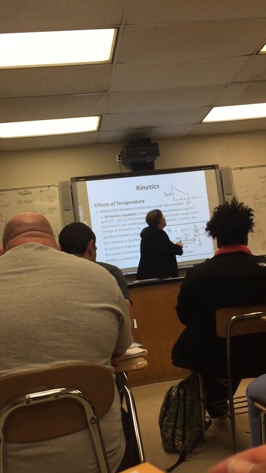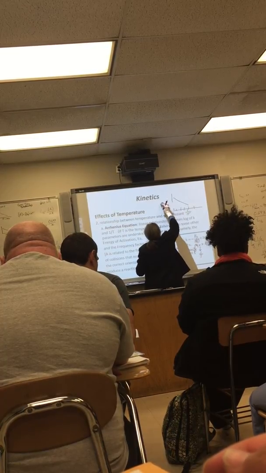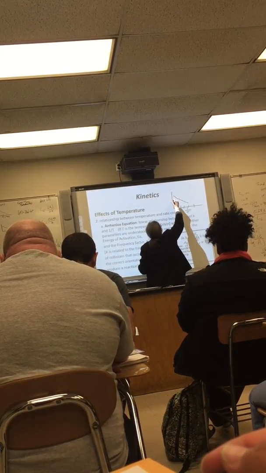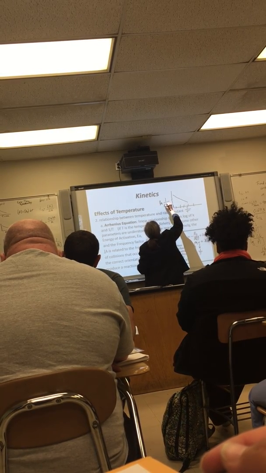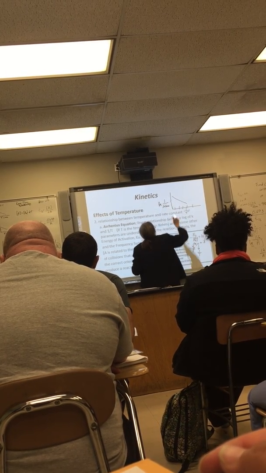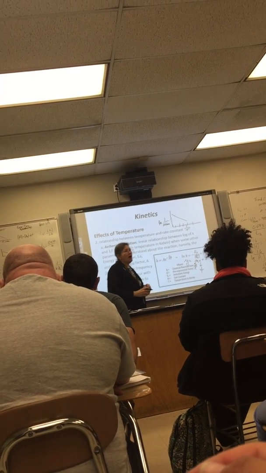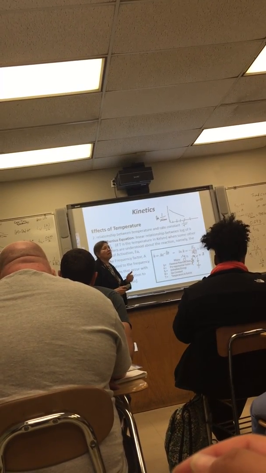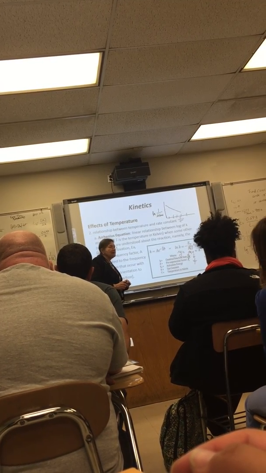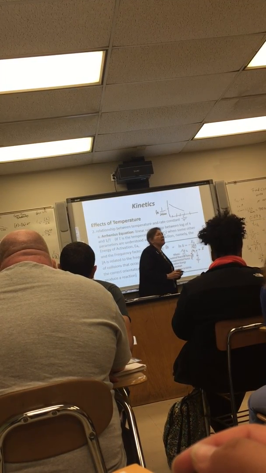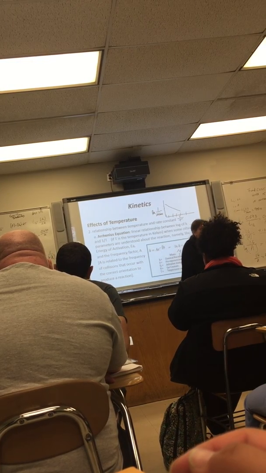Relative rate is our constant. Your relative rate is going to be the log of 1 over the change in time. So you were supposed to graph 1 over time versus temperature. Relative rate is used in the absence of